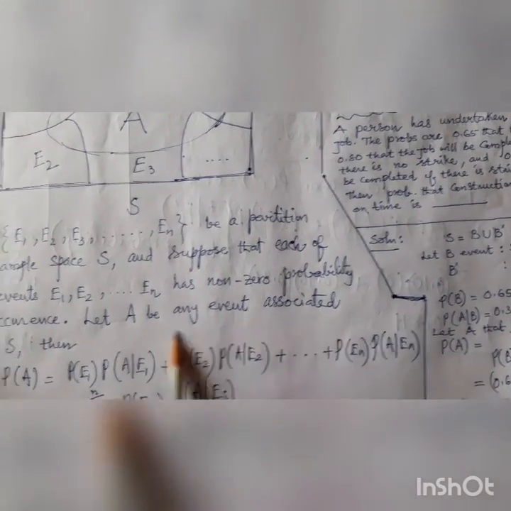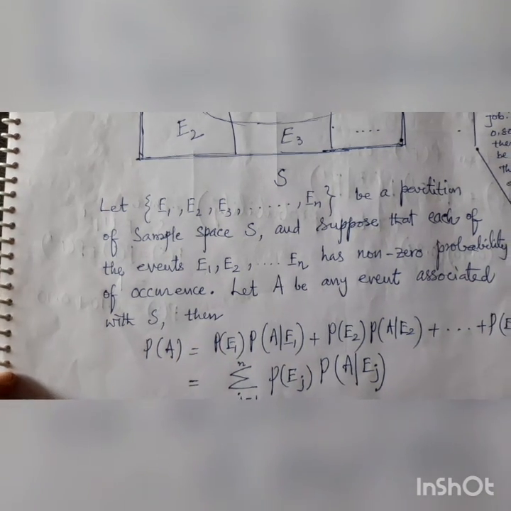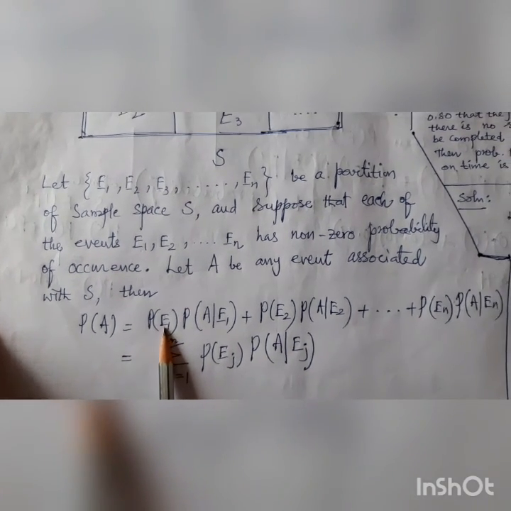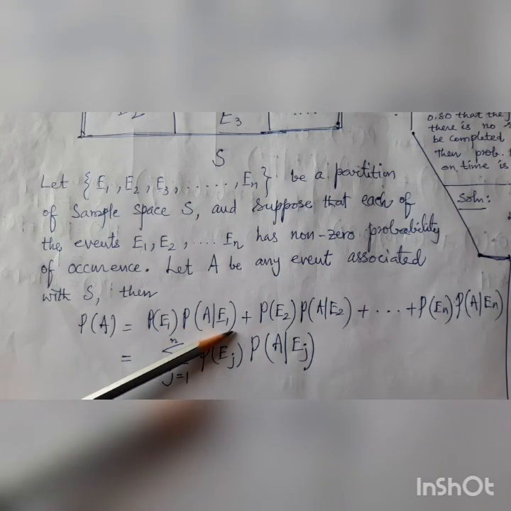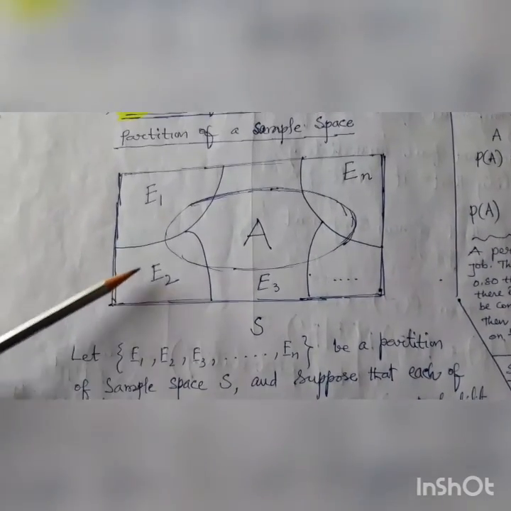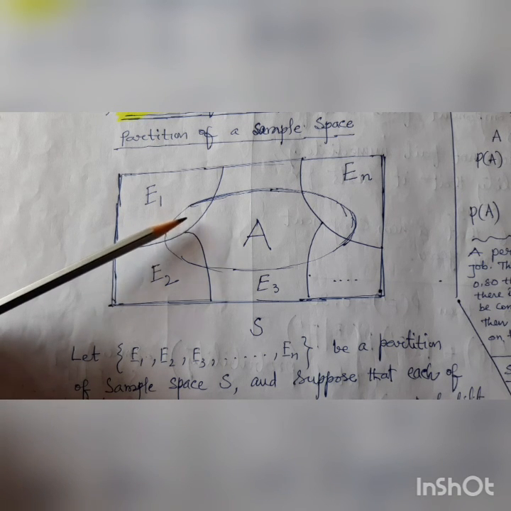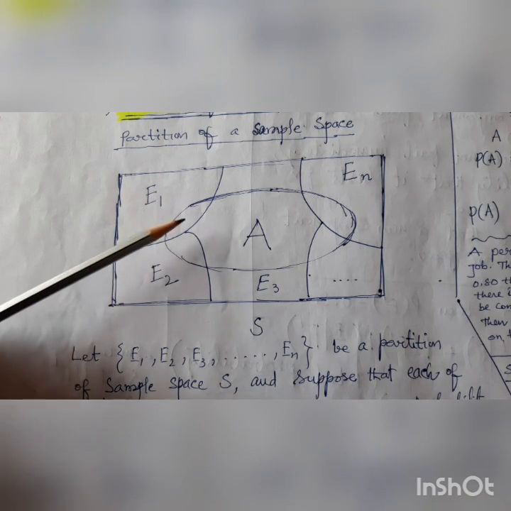Let A be any event associated with S, then P of A equals P of E1 into P of A on E1,